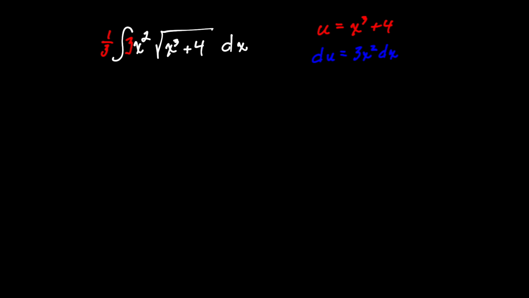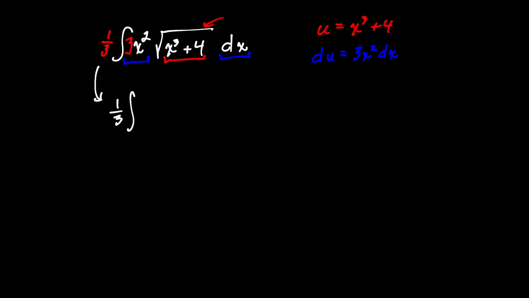And let's see, I do have a 3x squared dx right here. And I have a u right here. It's just being raised to the half power. So I'm going to make my substitutions. Now, you have to remember a common mistake is to forget to bring this 1/3 along. So make sure we bring that along. And this just will become